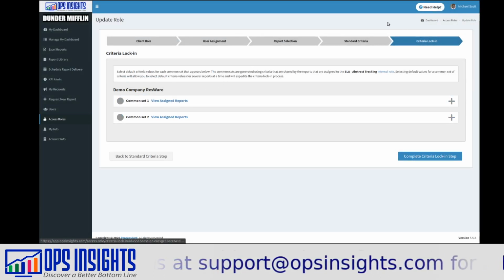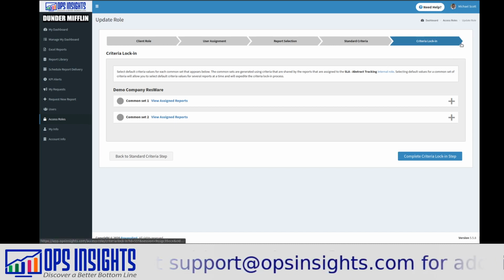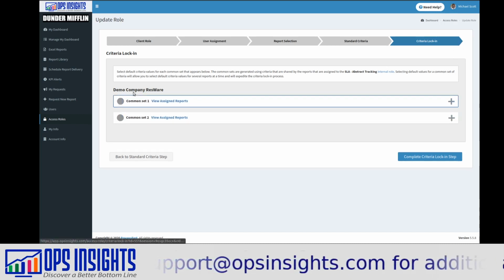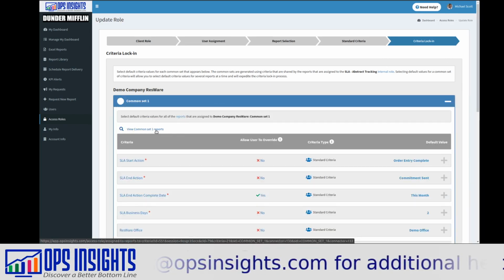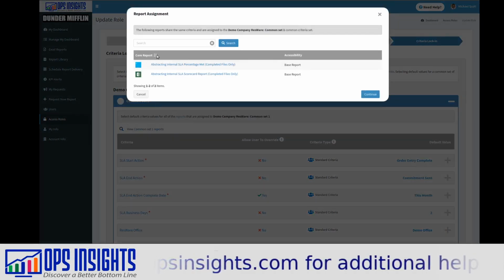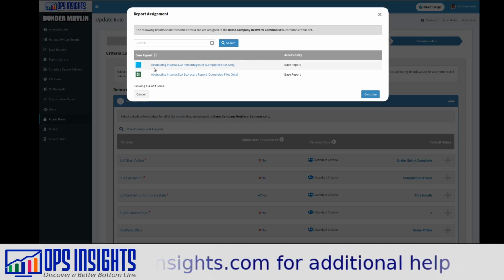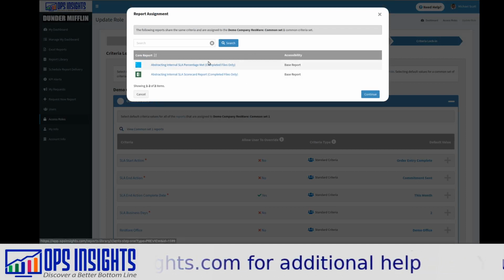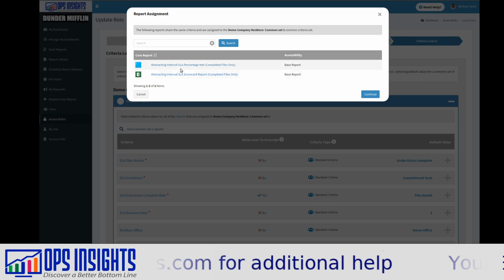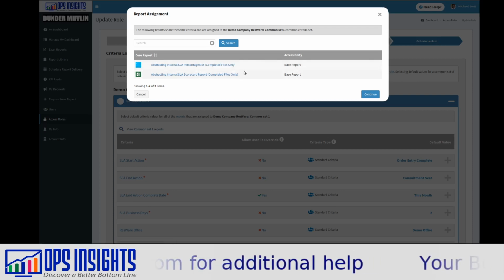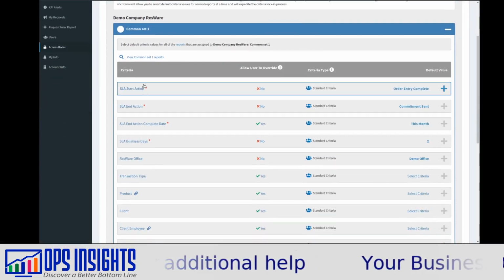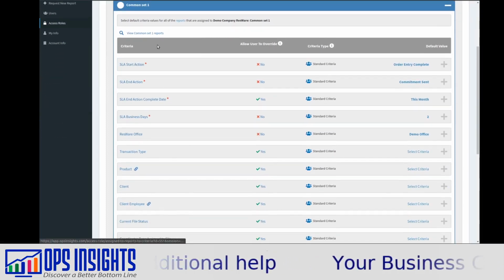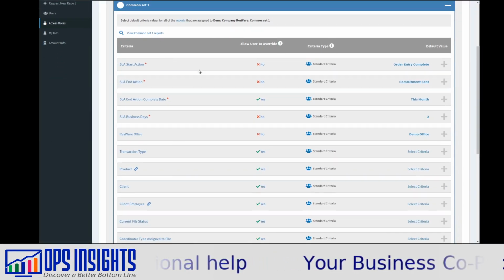And as you can see now, we're in step 5, this updating of the role. And we've got 2 common sets here. And what common sets are essentially is just a grouping of reports. Here you go. In this case is visualization. This is the scorecard. This is what's happened in the past. And then the file level of that. But the common set is just a grouping of reports that have the same number and the same exact criteria